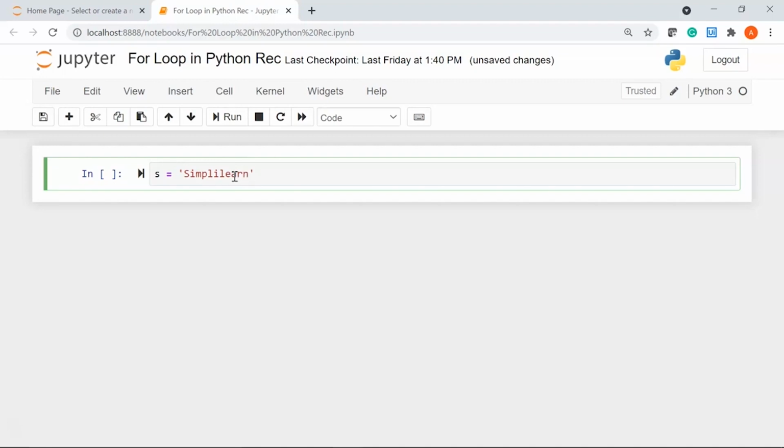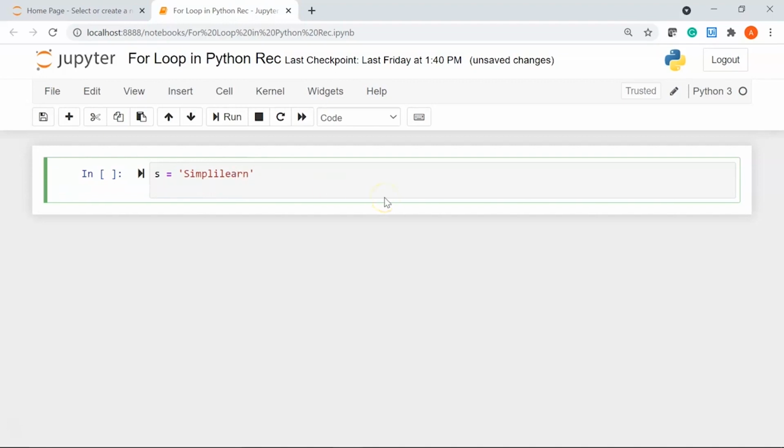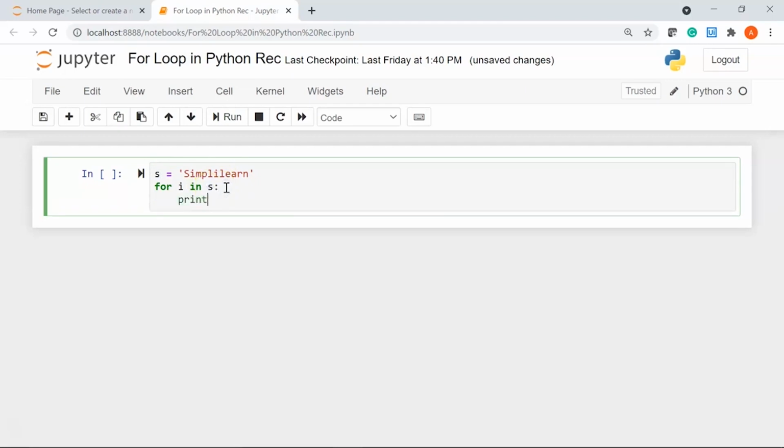Now the way to write a for loop is I'll say for i, which is my iterator variable. It can be any valid variable name in Python, in my variable that is s. So here s becomes my sequence. I'll say print i.